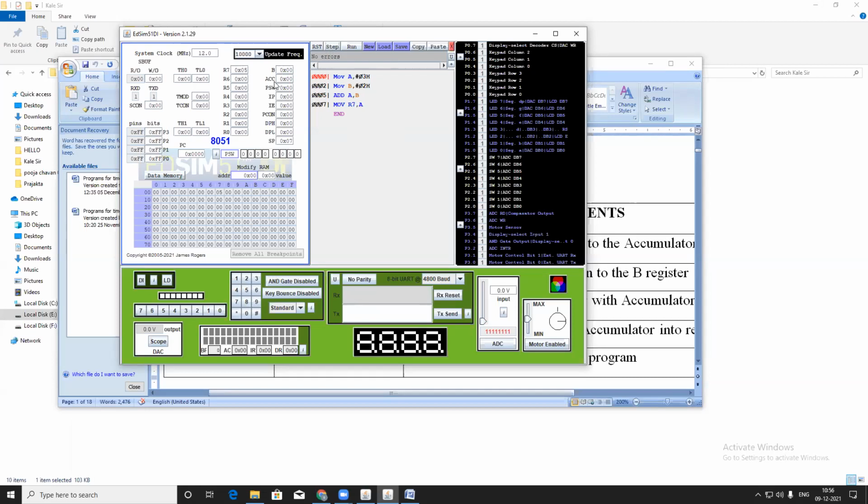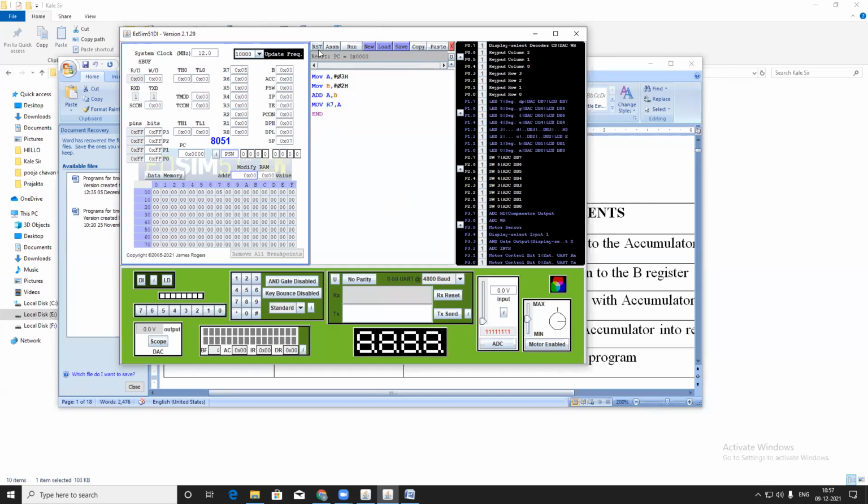What is the value of A? A means accumulator. A is getting a value of 3. See here, the value of accumulator is 3. In the next step you will get the value of B, which is 2. Then add A comma B means A is having 3, B is having 2. Add these two values and the accumulator gets the value of 5. Then you have to transfer this value to R7. Here is the value of R7. Directly transfer this value to R7. When you reset, all the values should be reset.